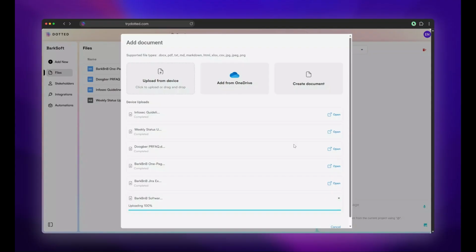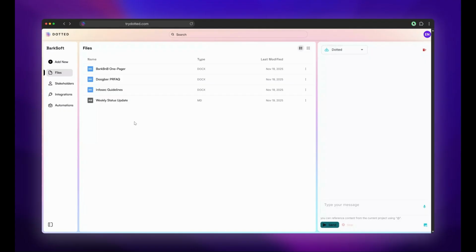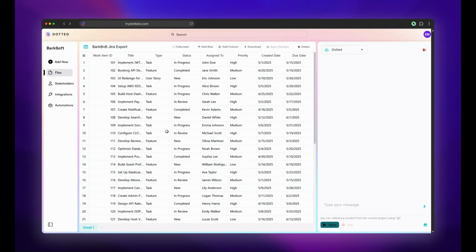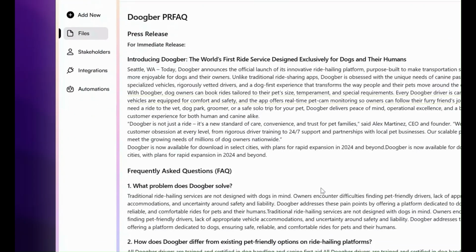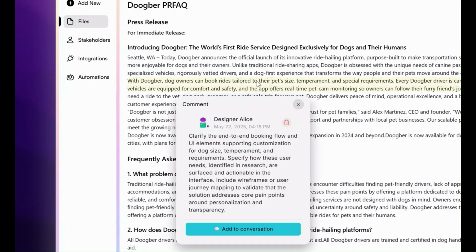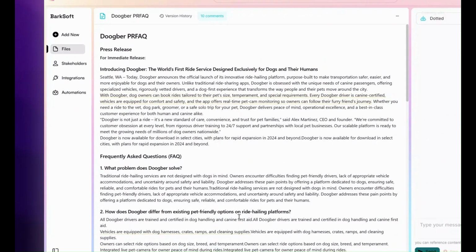These are just regular documents. I think there's a Word document, a couple of Markdown documents, a spreadsheet. I think there's a CSV. We also support PDF and links. You can see that we maintain the format of spreadsheets pretty well. We can support multiple tabs. When you bring in a Word document, we support most of your normal formatting.